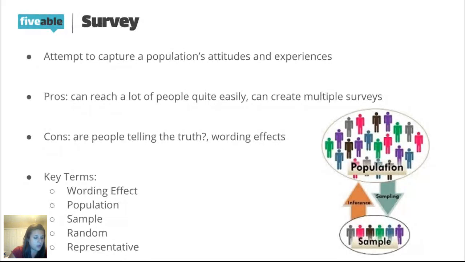Like if I'm writing about your habits towards certain foods and I use the phrase 90% fat-free versus 10% fat, those get different responses just because 10% fat sounds icky and gross and people don't like that, versus 90% fat-free sounds, oh, that's pretty good. That seems good. And so just how you word the questions, the language that you use, the order in which they're presented, all of that can have an impact. And so you want to be really careful about that when you're completing a survey so that you don't bias